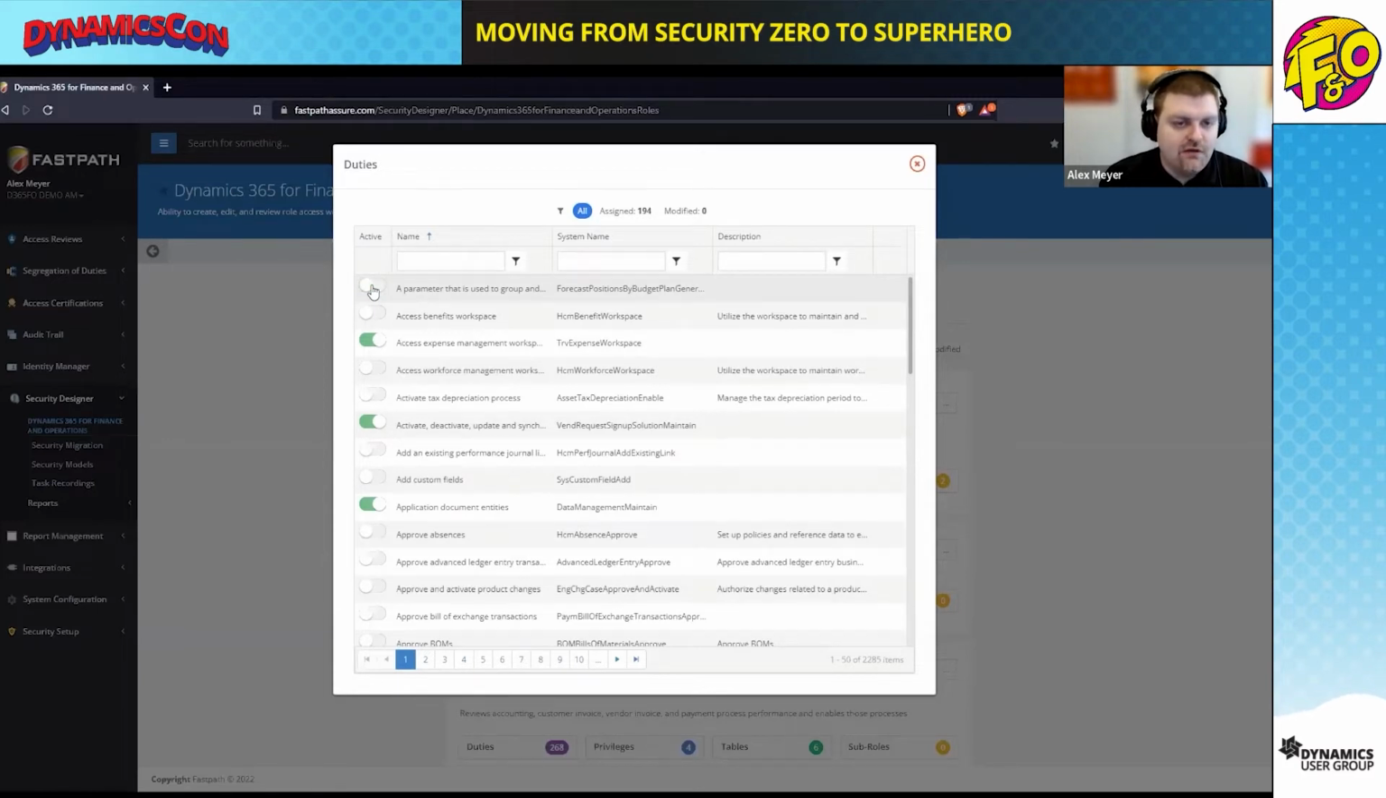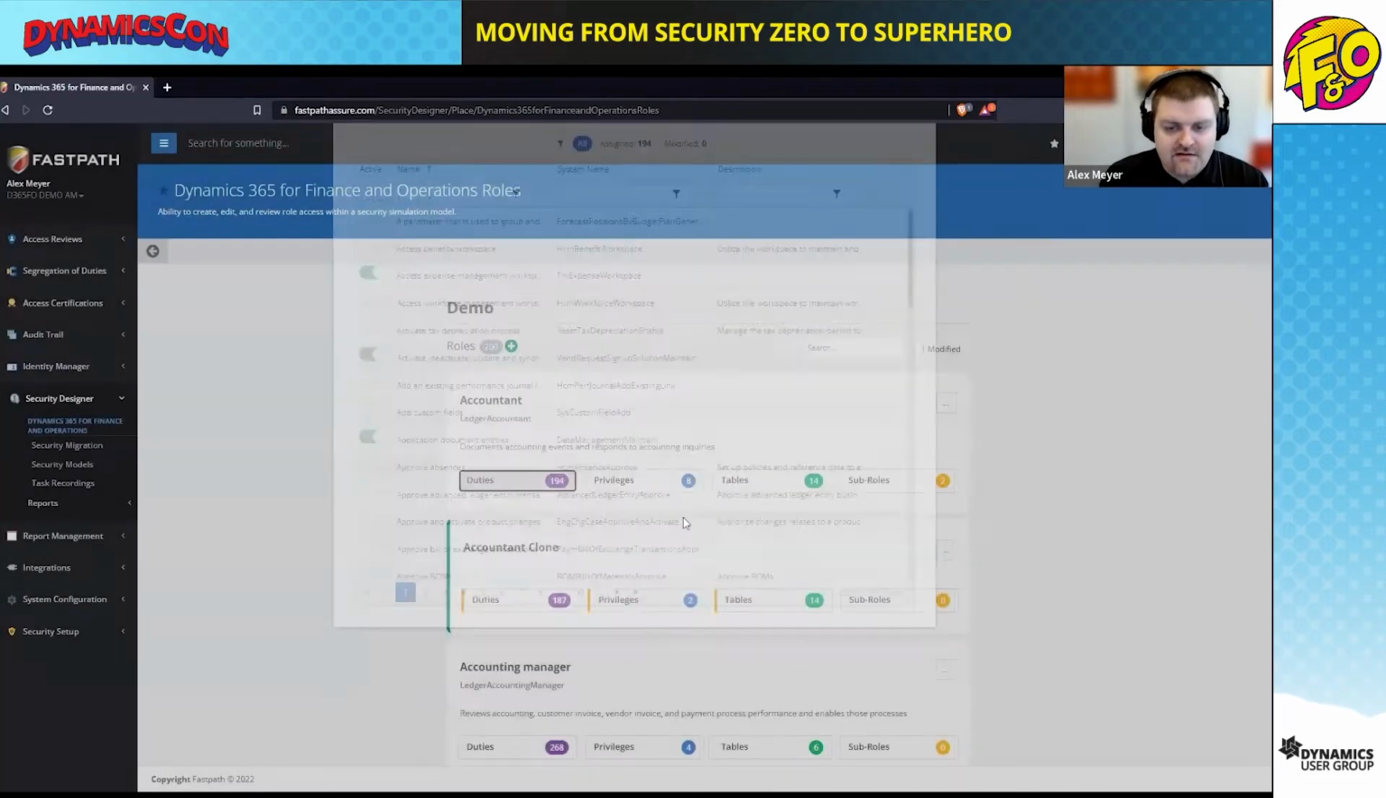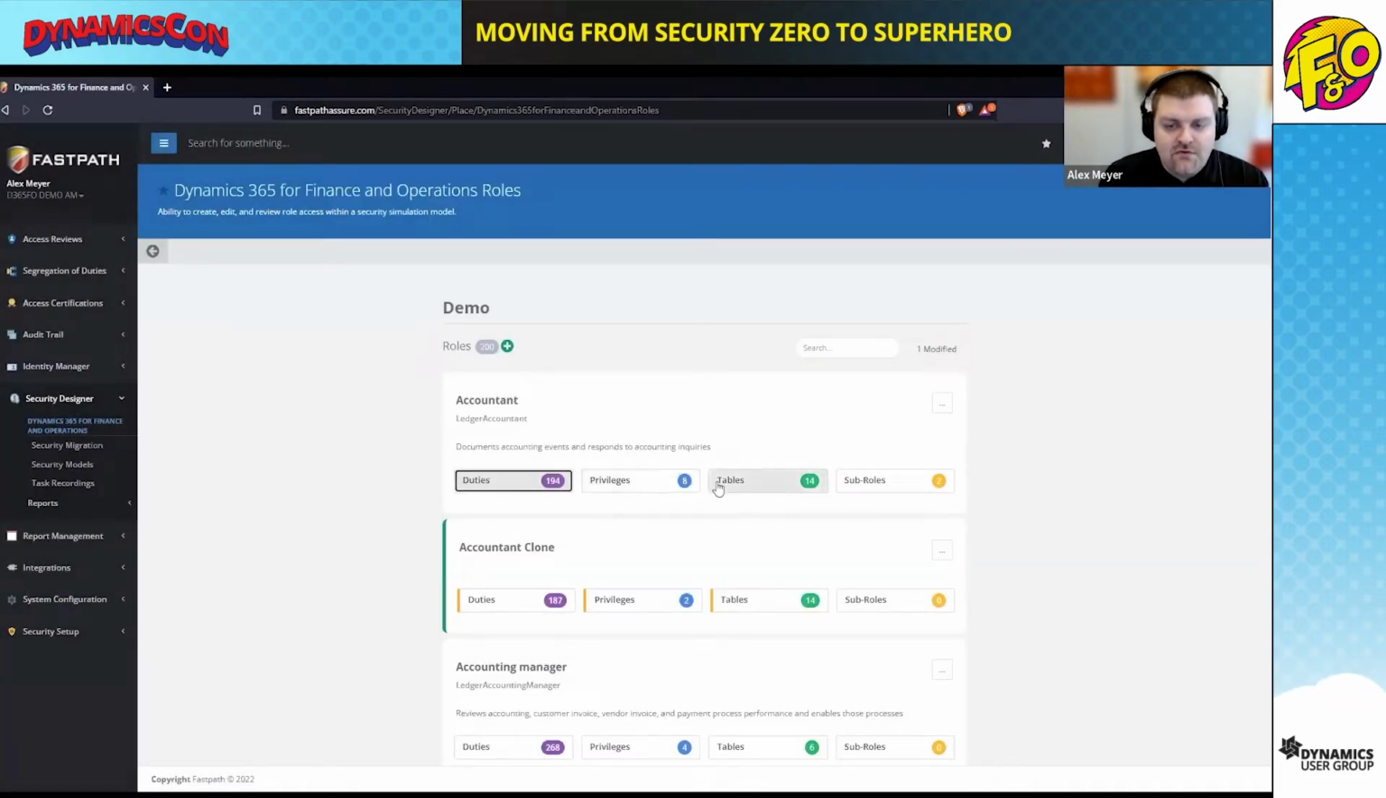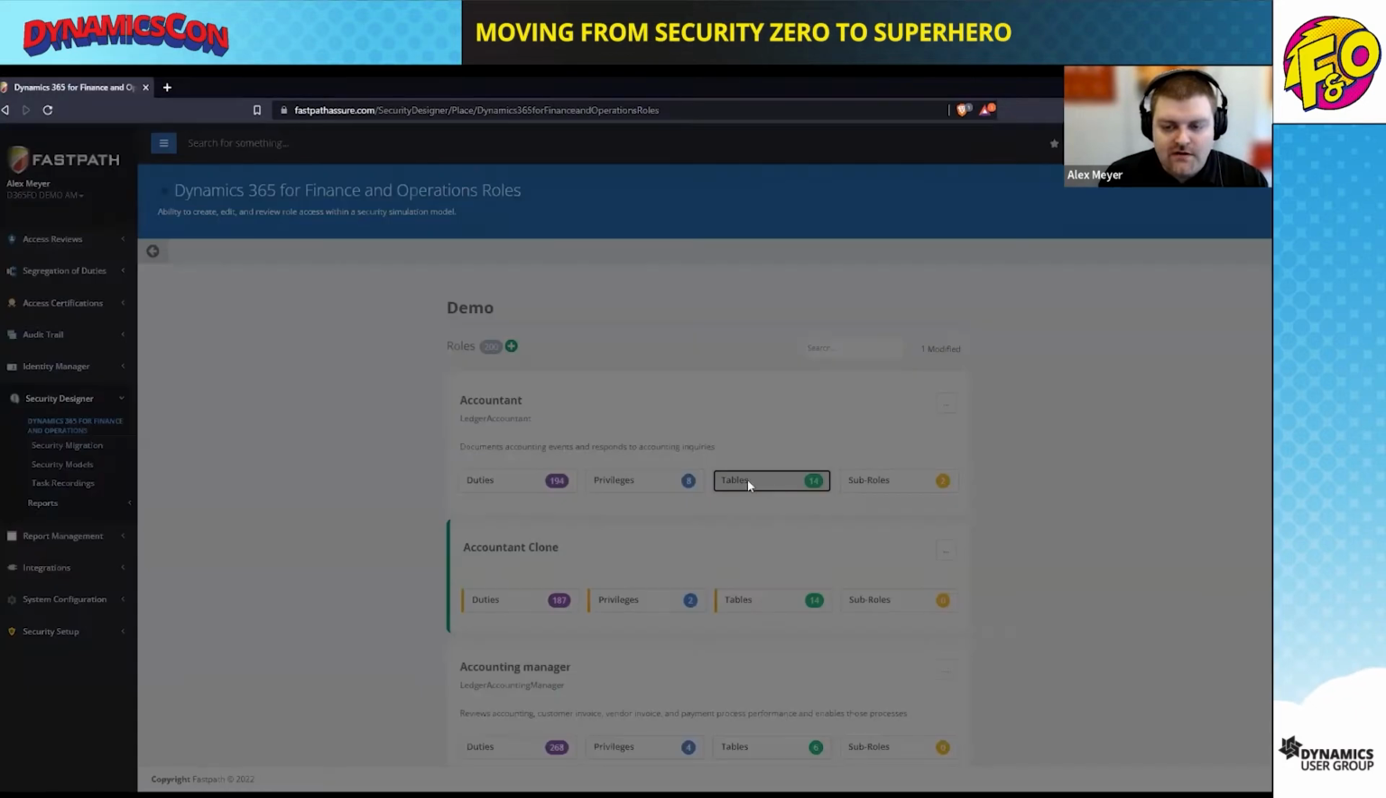If I wanted to revoke it, I could toggle this off. So we're trying to make this process a little bit easier here. The same thing at the privilege level. If you wanted to assign a privilege to this role, if you go down to the table level, this will